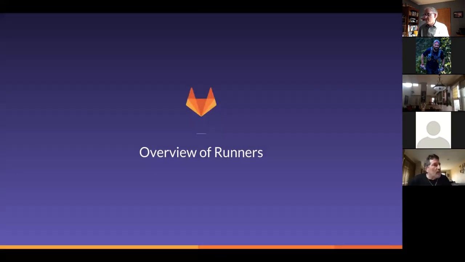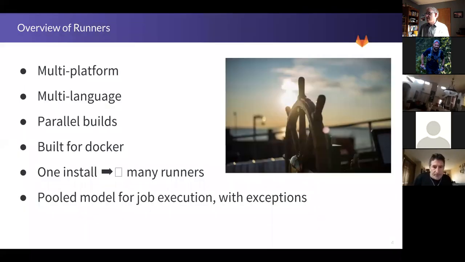So first, let's do a little bit of an overview. So these are just kind of some things. Oh no, my emojis will not work. Anyway,